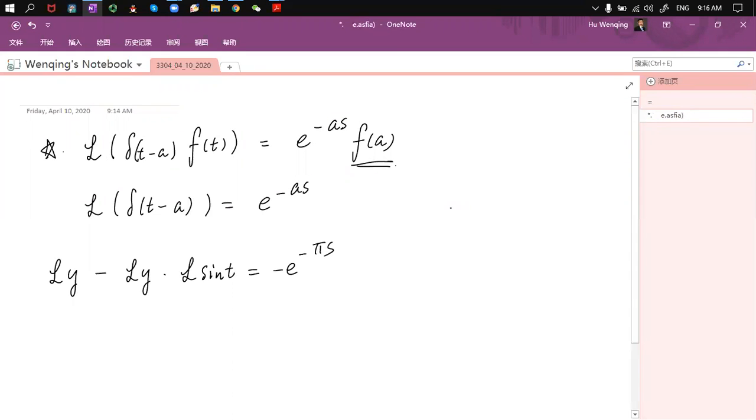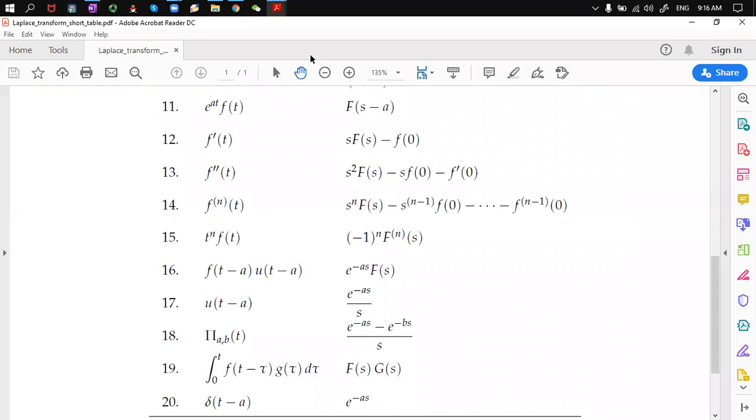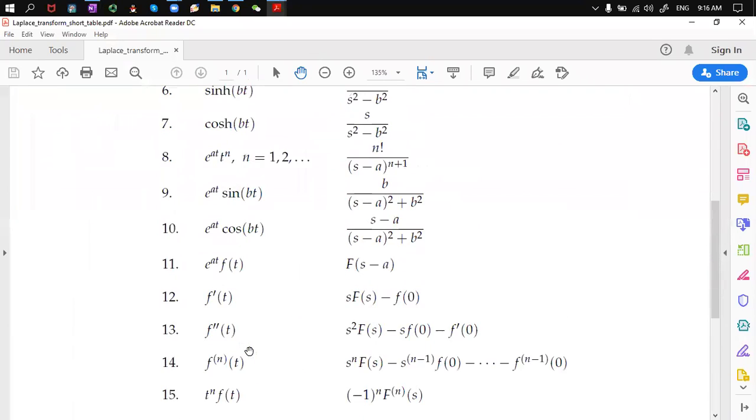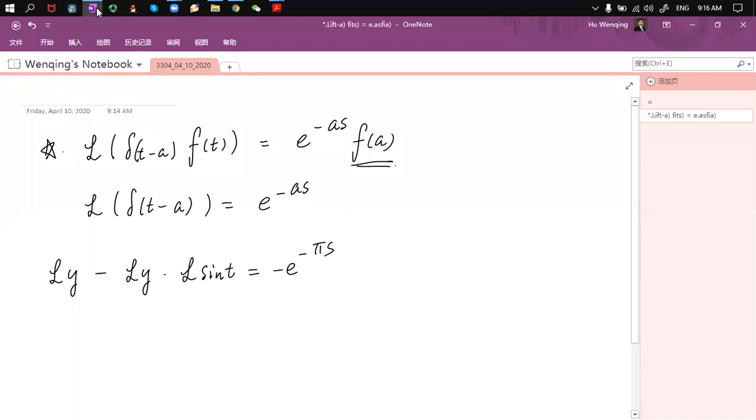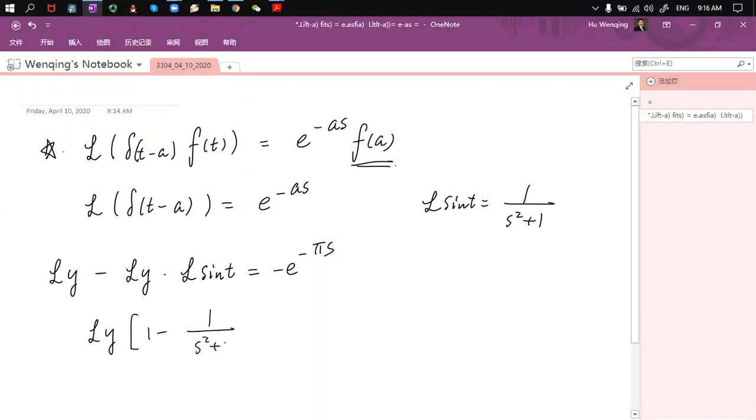Therefore, you just need the Laplace transform of sine t. If you check the table, it's in line 4. Sine t is transformed to 1 over s squared plus 1. So the Laplace transform of sine t is equal to 1 over s squared plus 1. If you have that, then it tells you that Laplace transform of y times 1 minus 1 over s squared plus 1